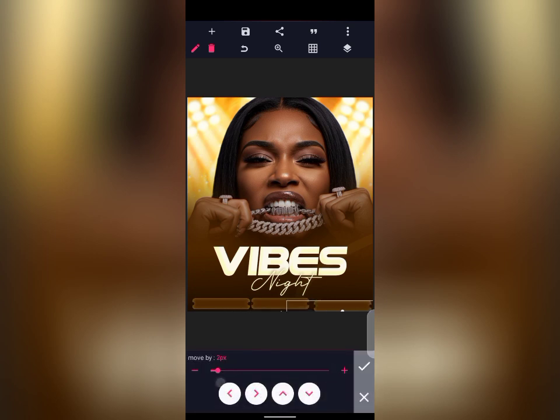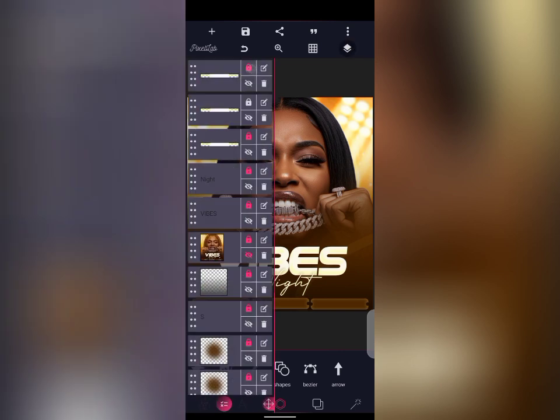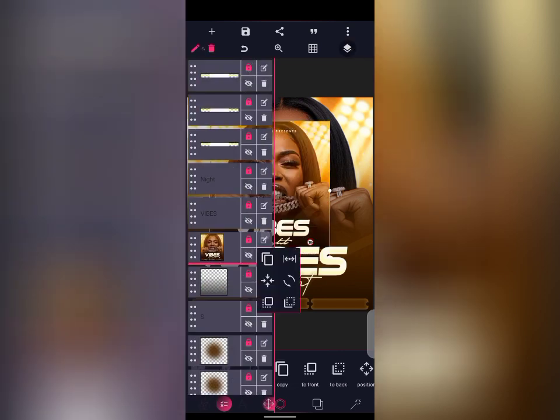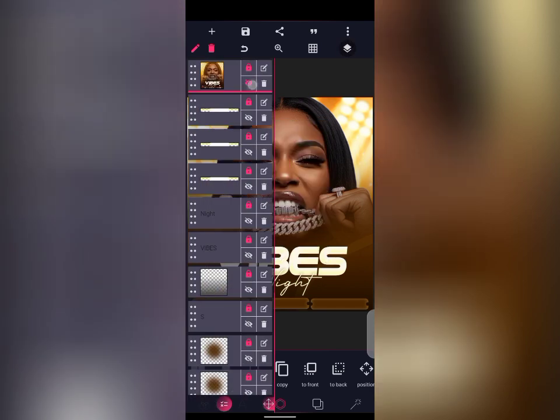So just arrange it at the bottom. So there we go. Let me see what we've not done. So the 18